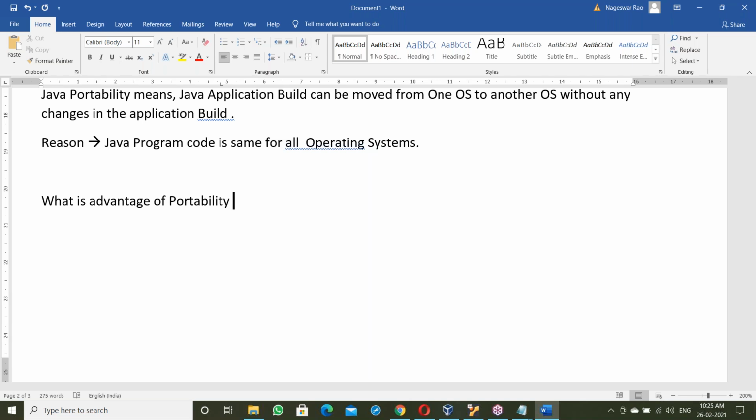But certain languages like C, C++ and .NET are OS specific. .NET code is Windows based; we can't use it on Linux, because the .NET compiler is a Windows-based compiler. A C program for Windows OS is different from a C program for Linux OS, not the same.